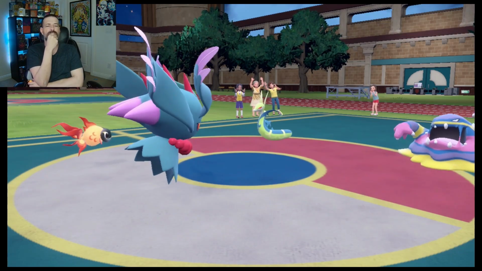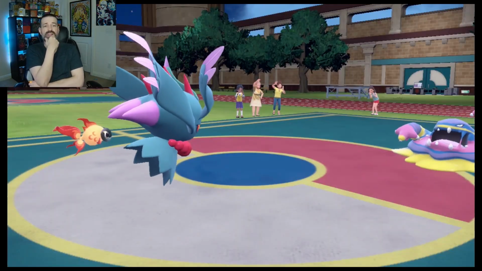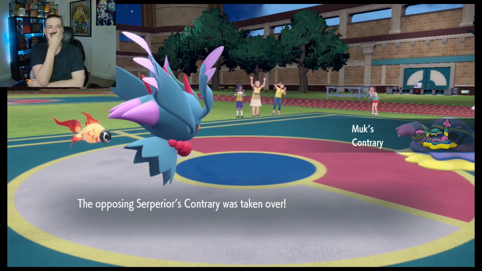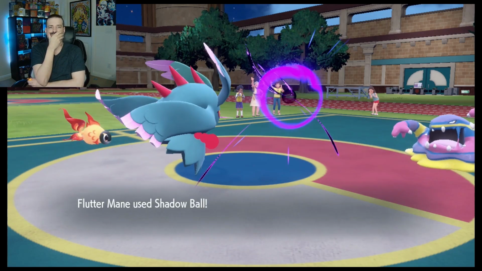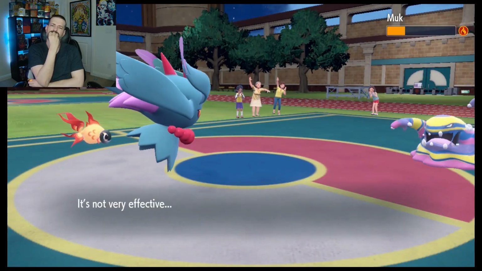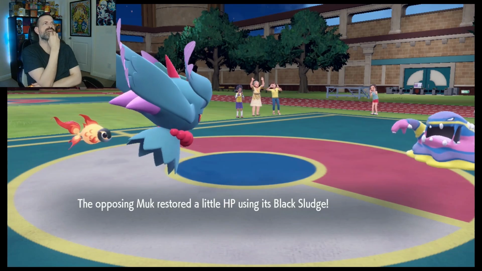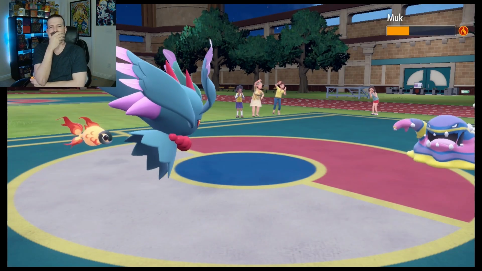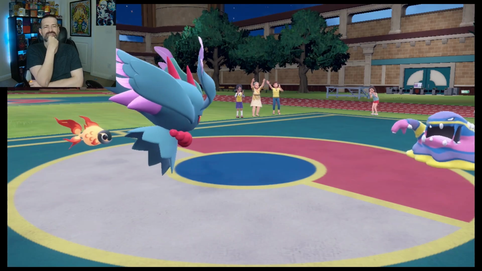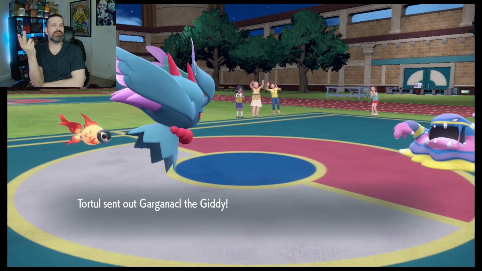Oh, not with the Shadow Ball, though, because of the Dark typing. But we'll still get it down a little bit. And plus, it's still burnt, so it's going to be taking a little bit of... Hold on one second. Okay, so if it gets Contrary and it goes for Minimize, wouldn't then theoretically it would just go to...